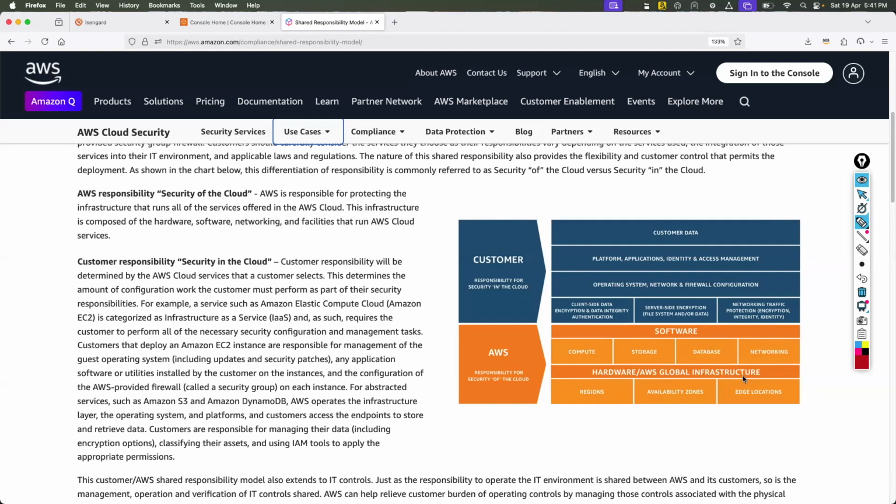So please remember, when you provide solutions and the customer asks you the same questions, you have to tell them that it is a shared responsibility model. AWS and the customer work together, but everybody should know their own responsibility. Don't blame AWS if something happened because of the customer's misconfigurations.